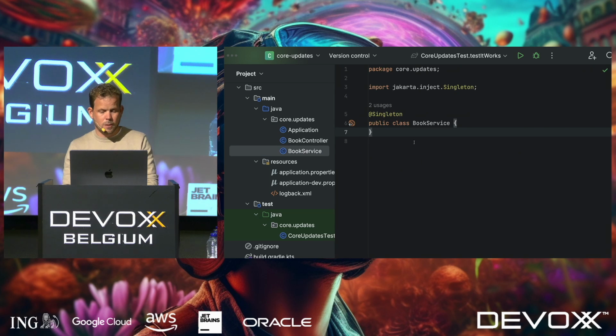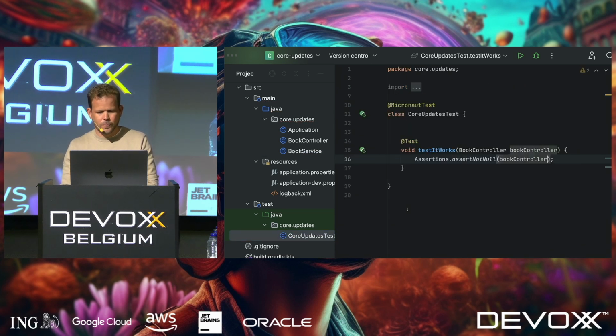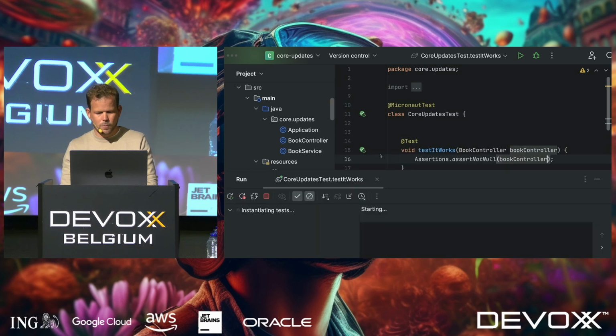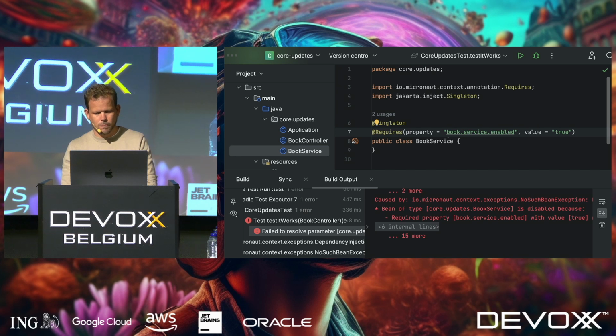Micronaut is a fairly dynamic system, right? So where we have these bean requirements, you could say that, for example, this requires the property book service enabled to be set to true, right? So when you run this test, for example, you can see that it fails because I have not set this property to true, so this component is not